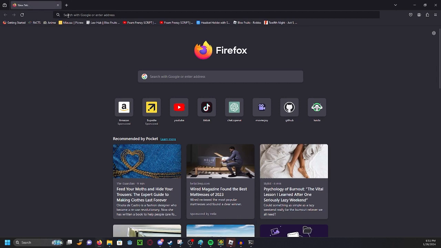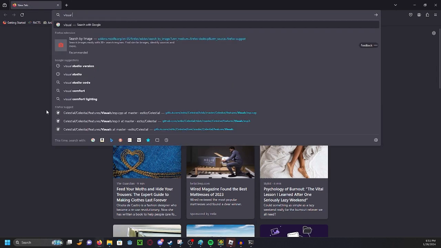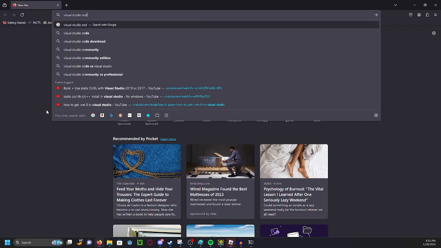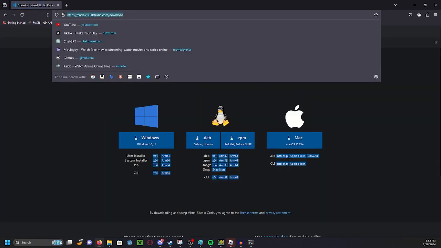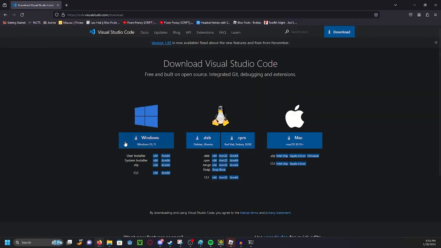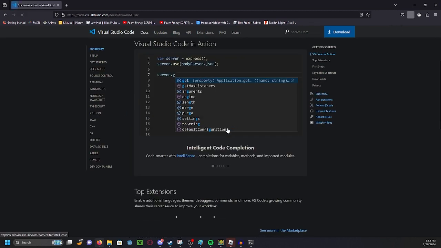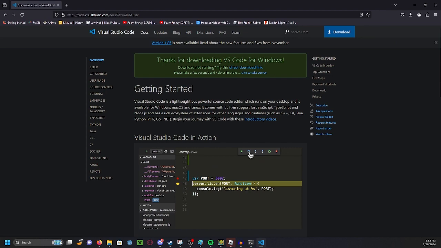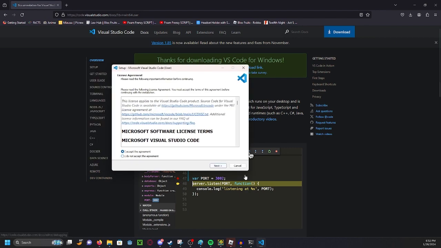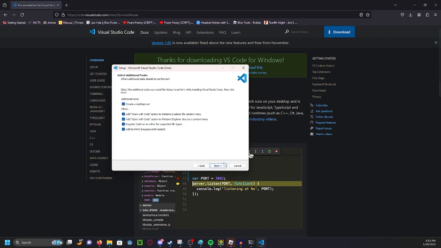Alright, now let's get the development environment. What we're going to do is search up Visual Studio Code and download it, or I'll put this link in the description, and download whichever one you're on. I'm on Windows. I already have it installed, but I think I can go through the installation process again. Accept the agreement, create a desktop icon, install,